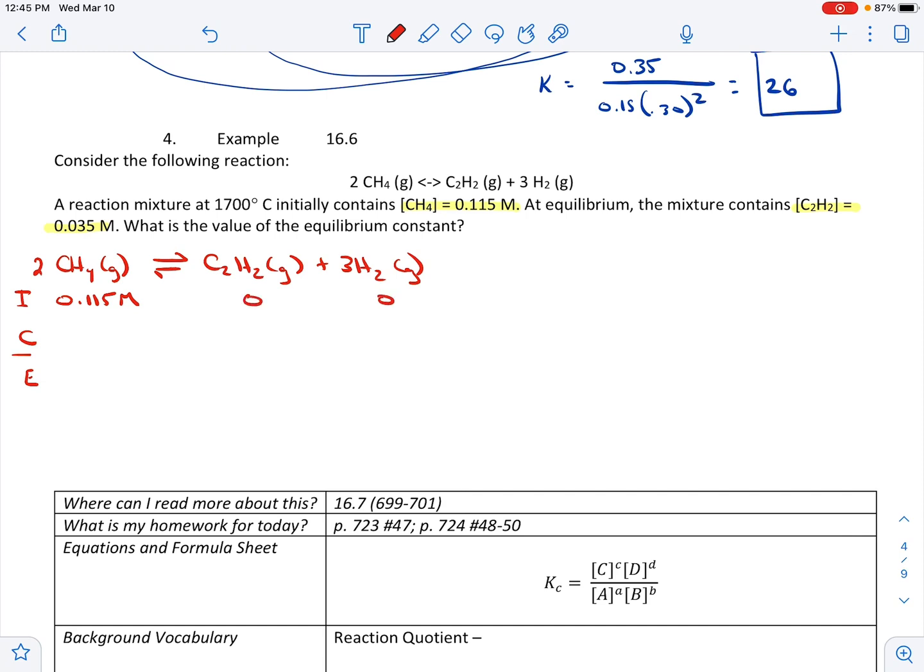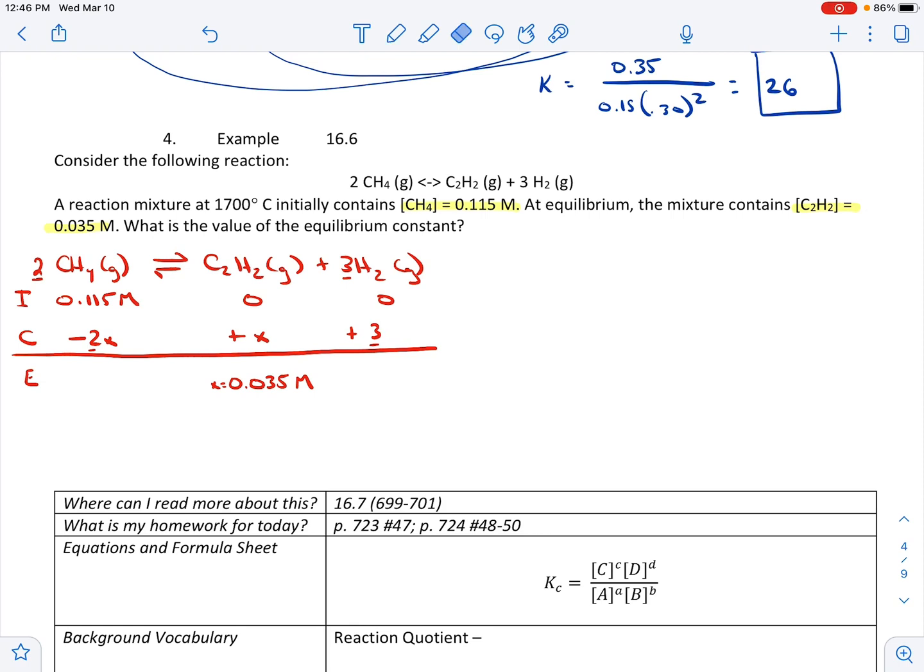All right. At equilibrium, we know we have 0.035 of our C2H2. Okay. So now looking at this in terms of how we're rolling on, we've got minus 2x, right? Because of this 2, that 2, right? Then we've got plus x, right? And then we have plus 3x because that 3, that 3. Everybody with me so far? So at this point, we know x is equal to 0.035. So let's go ahead and plug that in